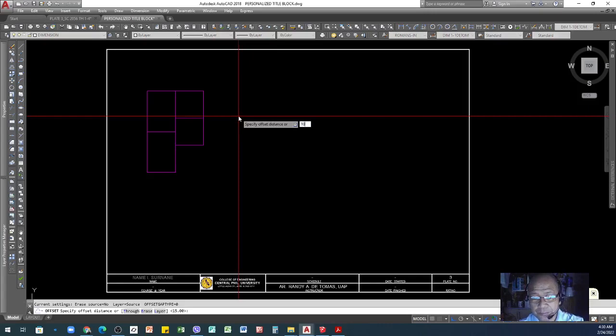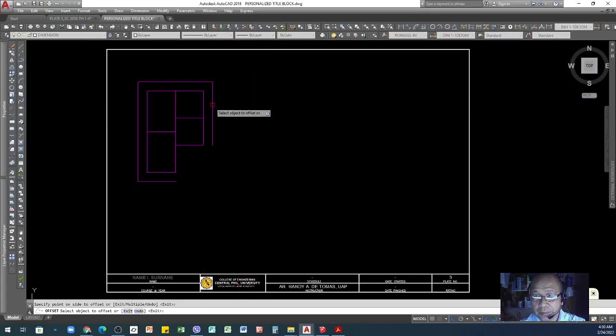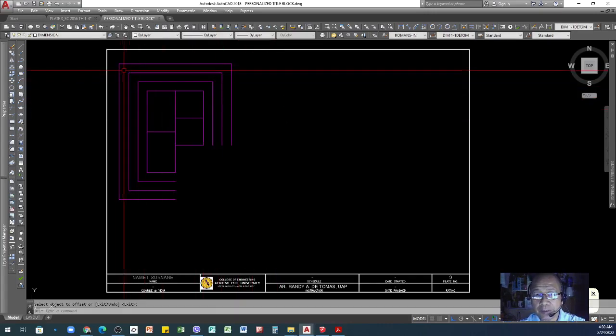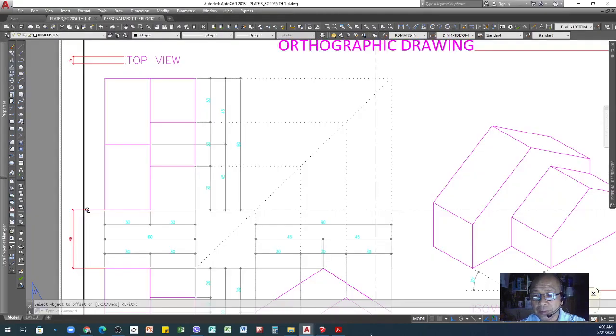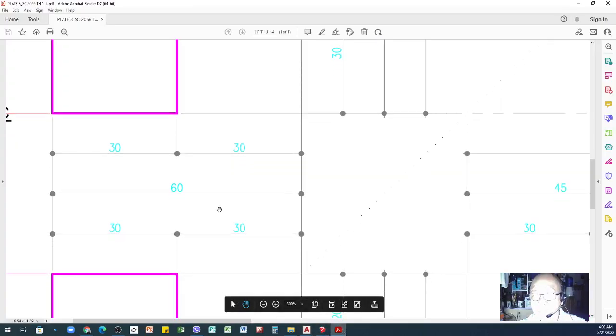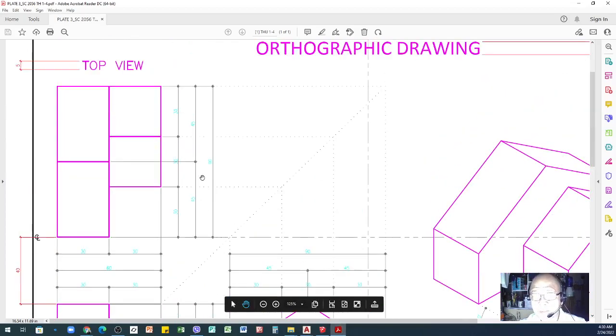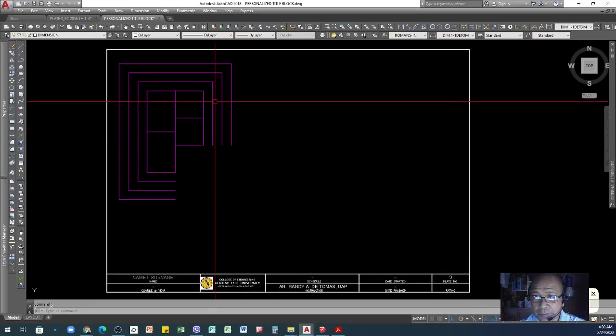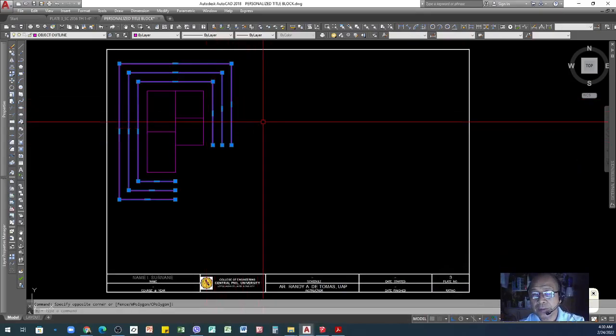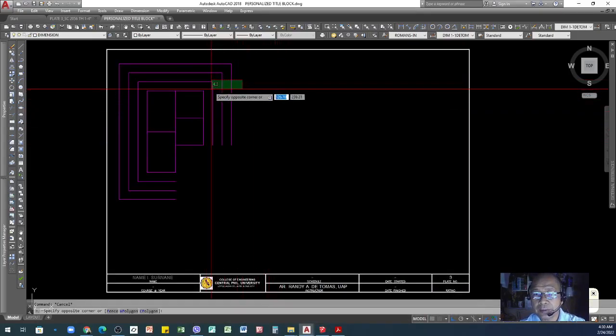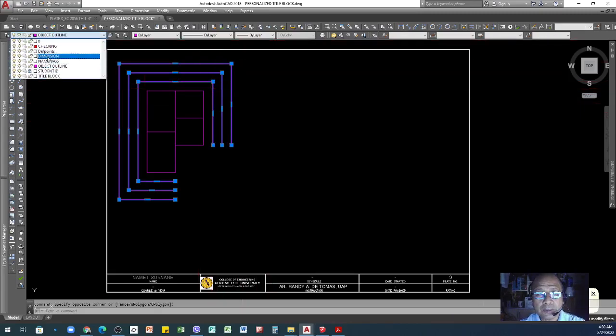You're already familiar with offset, like that. How many dimensions do we need? 3. Okay, 3 dimensions. So I use these 3 lines as a guide and put them into dimension.